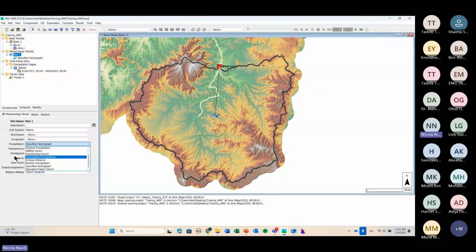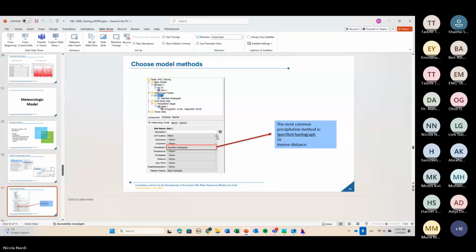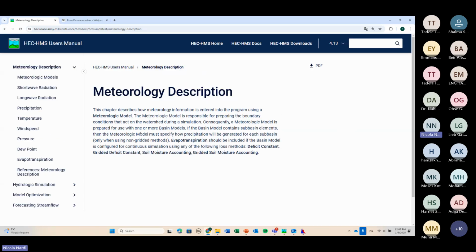A bit complex, but let's say that these are the two main methods. Also, in this case, if it was not so clear, first of all, let me know. Second, remember that there is always the usual manual, okay? So, for example, you can go on precipitation,